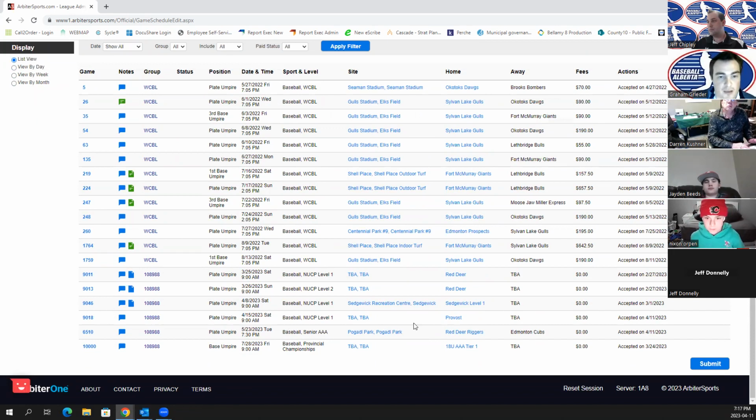And the same space, if we have to decline, that's how we decline. If you go and you look at that senior AAA game, you can see that he was assigned as the plate umpire. You can see where it's at. You can see what teams are in it. And it'll all organize based on dates. So as you work down your schedule, you can see that. If you click on the game number,